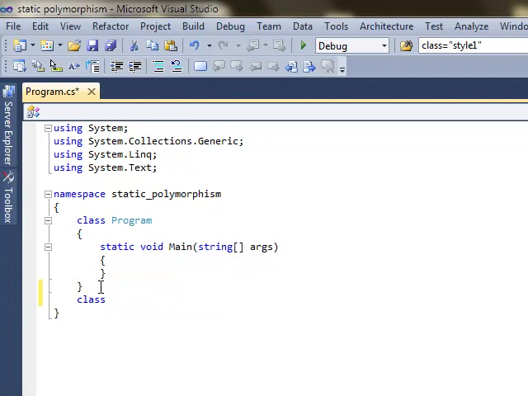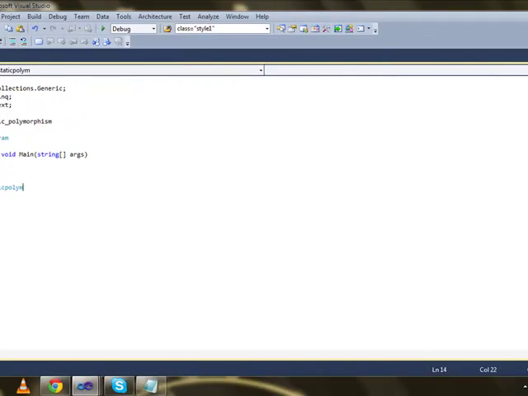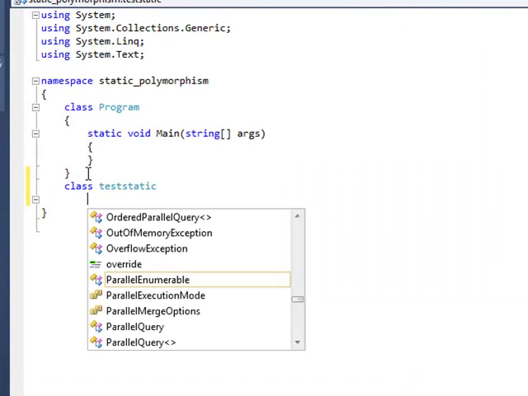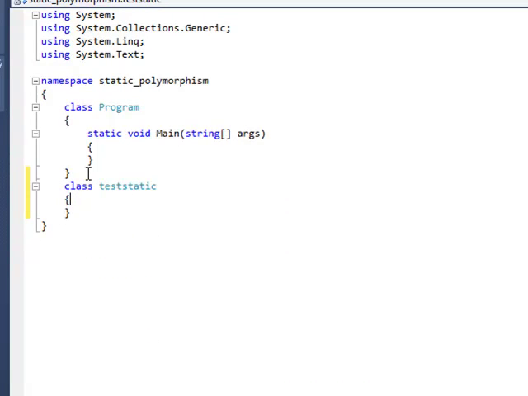Its name is class static poly. Give the class a nice name, test static. In test static we have one method, public void